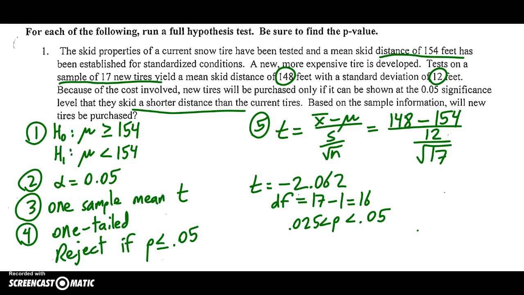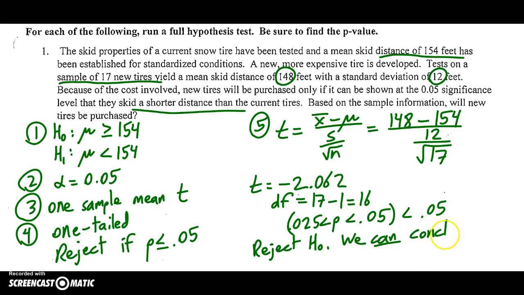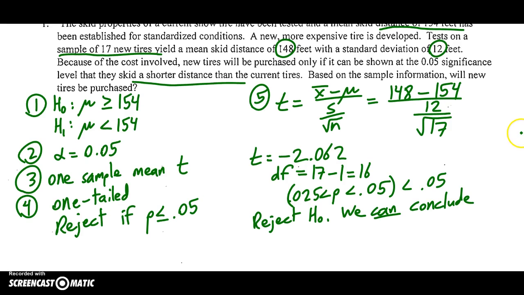It's one-tailed, so I don't have to double anything. But anything here between 2.5% and 5% is still going to be less than 0.05, which means I'm going to reject. I reject the null hypothesis. Make sure if you reject that you can conclude whatever the alternate hypothesis is. We can conclude that the new tires skid less